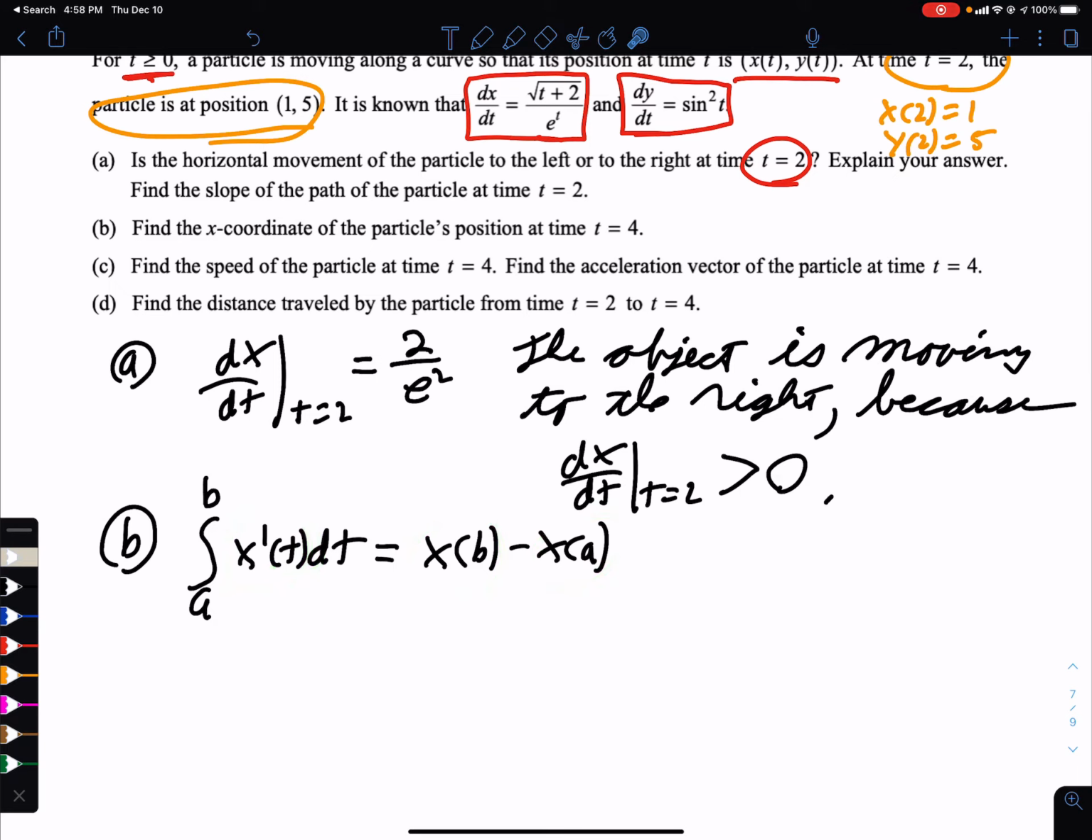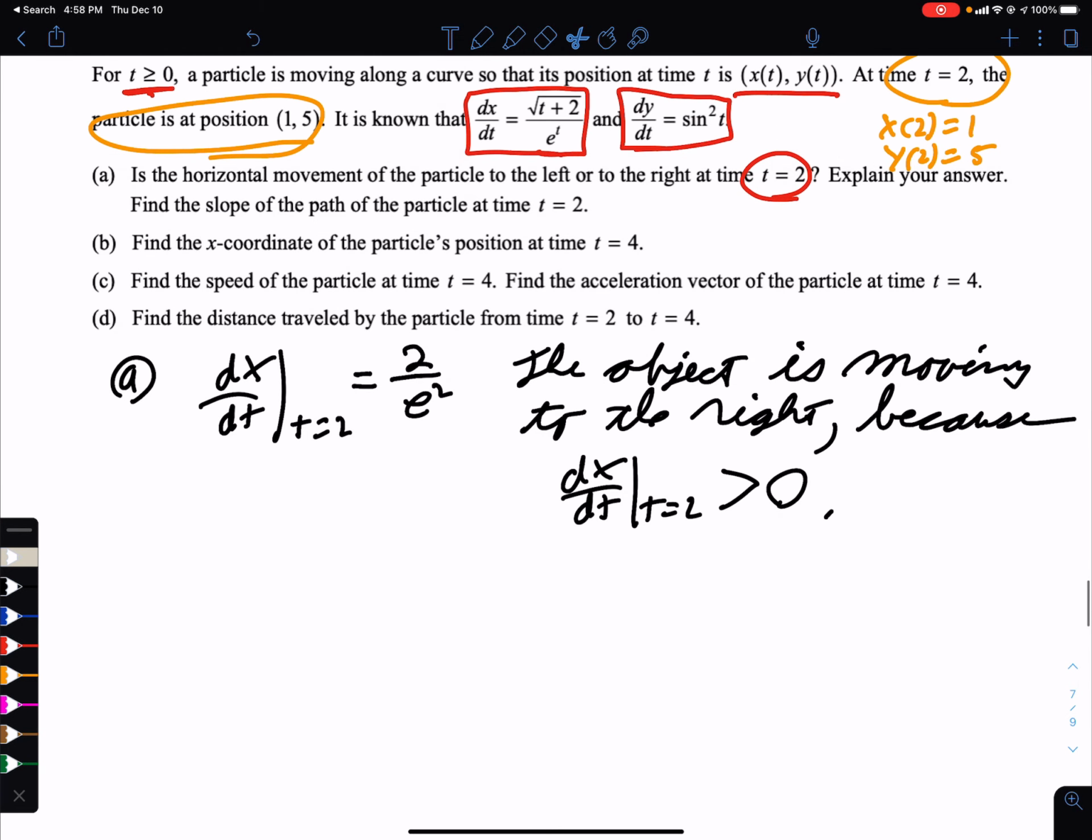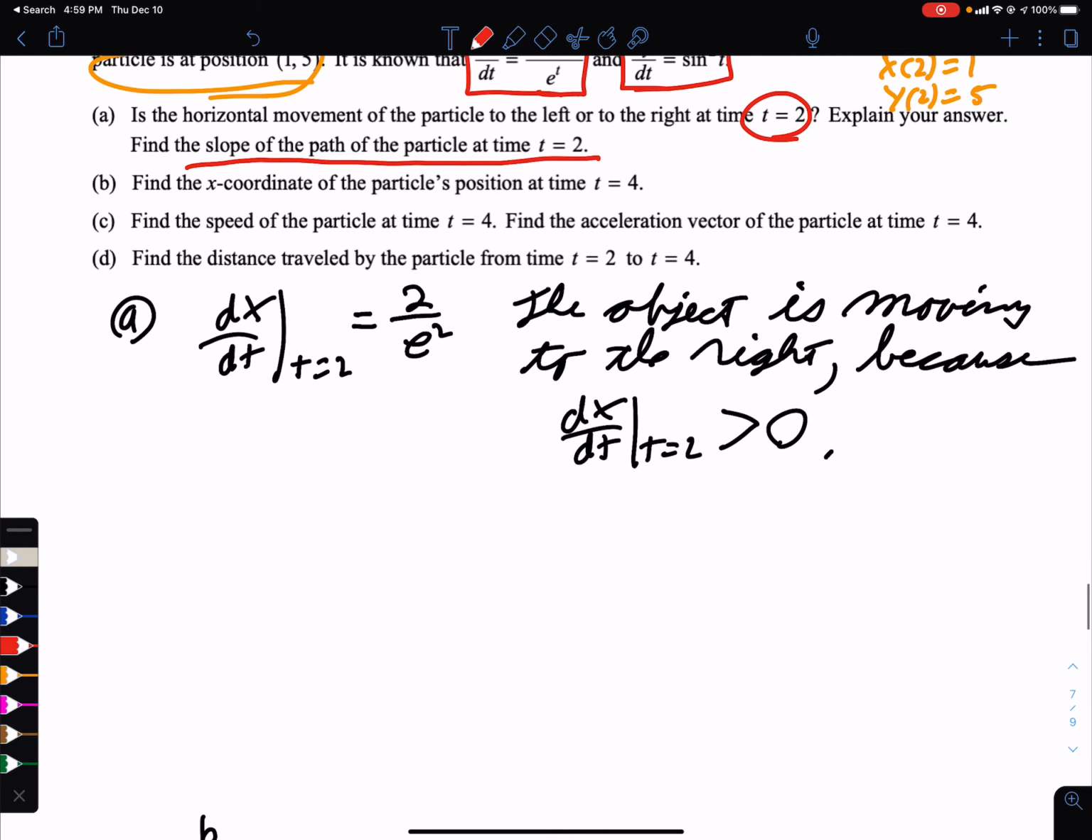So I'm going to use this, but look what we know. We want to find, oh, I didn't finish part A. I just realized that. I'm going to slide this down because I didn't finish part A. Part A had a second part. Find the slope of the path of the particle at time t equals 2. The slope of the path of the particle, hey, that is the slope of the tangent line. That's asking for dy/dx, which is